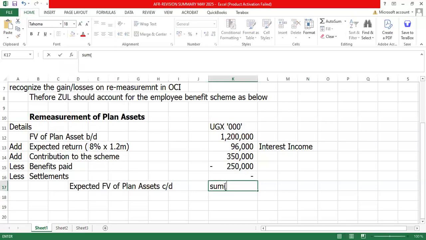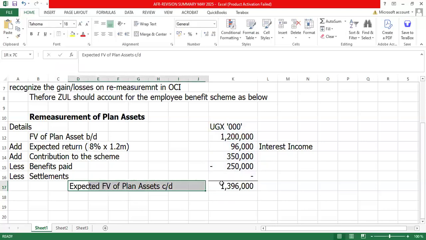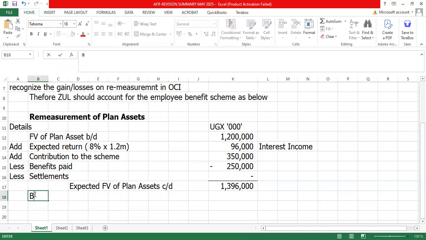If you add, what do you get? Remember, if a figure is negative, you must make sure that that figure is subtracted. So this is expected fair value of plan asset. However, you are going to compare, but